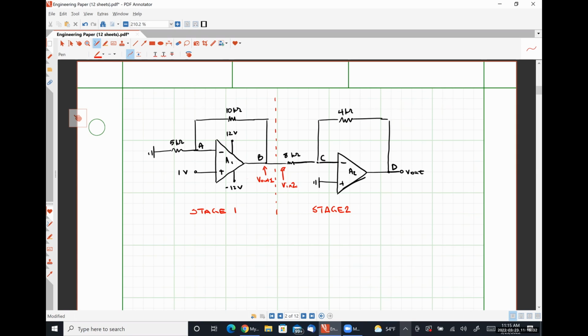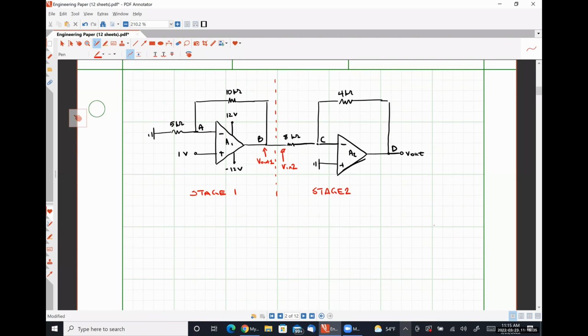Exactly right, a non-inverting amplifier. So stage 1 is a non-inverting amplifier,